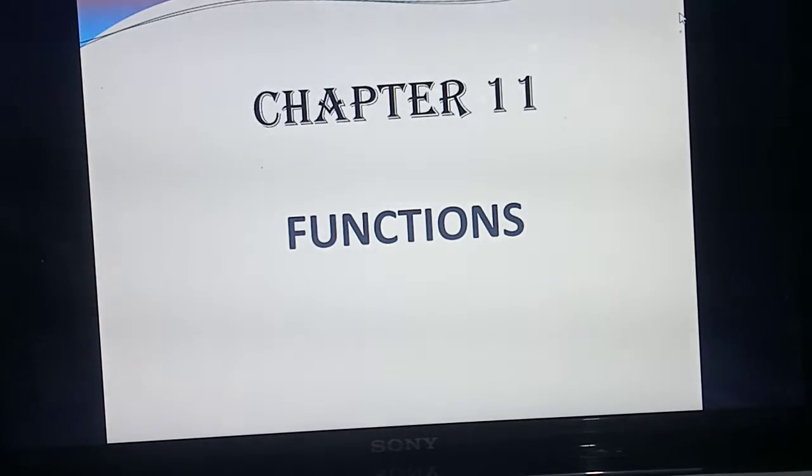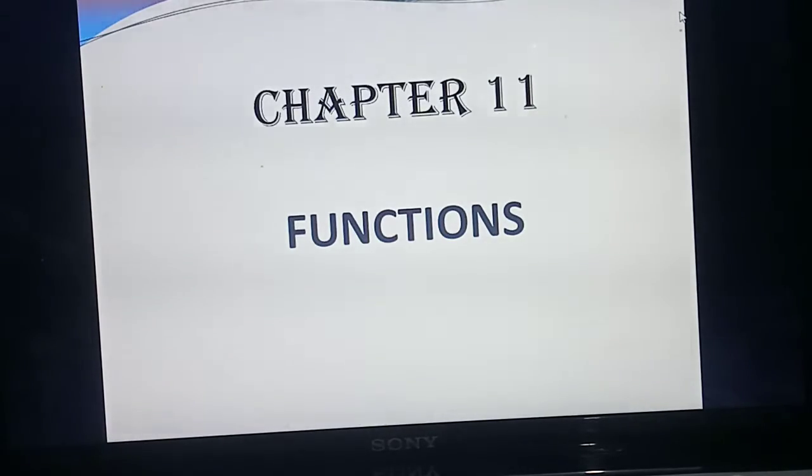So what's the difference between built-in and user-defined? Built-in means the particular functions are predefined while you are installing the software itself, so we call them predefined or built-in functions. User-defined means the user defines some kinds of functions. That is called a user-defined function. I have completed built-in functions till the last class, so today we are going to study user-defined functions.